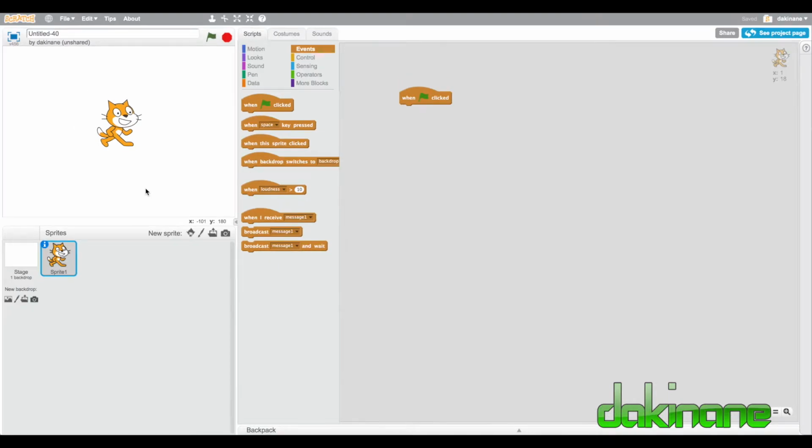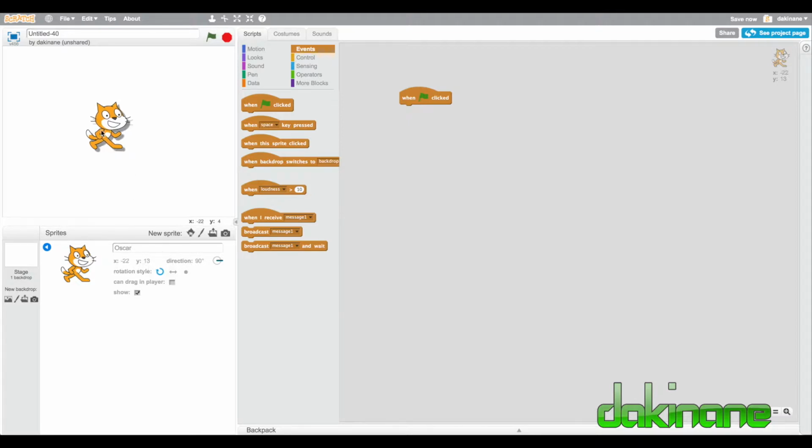There, gone. Moving down to the sprite area, let's take some time to look at the features available to us for each sprite. Once a sprite has been highlighted, the I for Information button appears. Here we can see that we can change the name of the sprite, this can be a good idea if you've got many sprites looking the same size. We can look at its XY position, which is good to help us position it on the stage, and as we move the sprite around the screen you can see what its XY position is, which is useful for